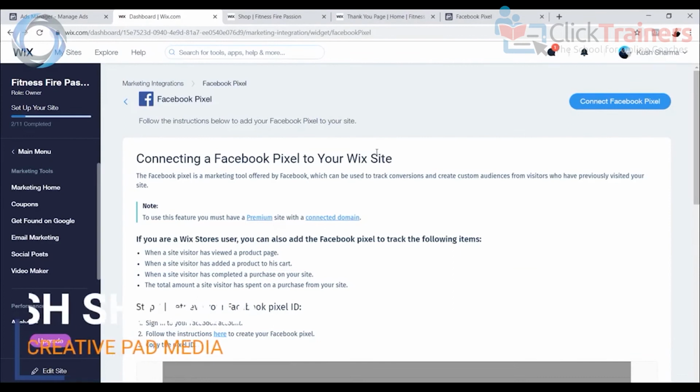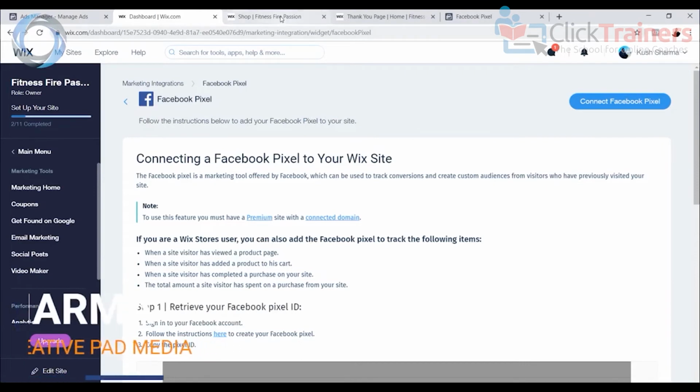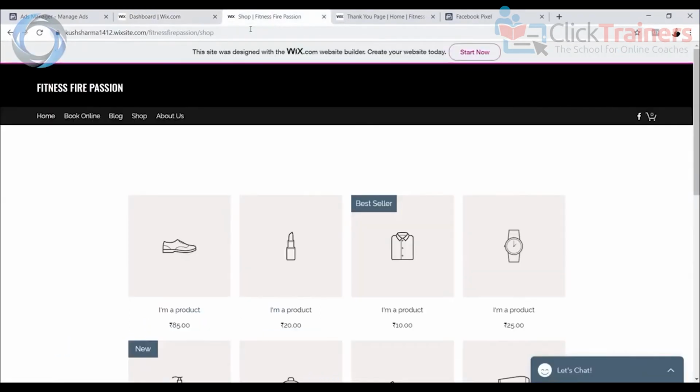Now, I did a bit of research on how to connect the Facebook Pixel to a Wix site, and what I found was that they do not allow you to connect a Facebook Pixel to your Wix site until you have a premium plan, which basically means, and they're right also, they're not wrong, because what that means is,